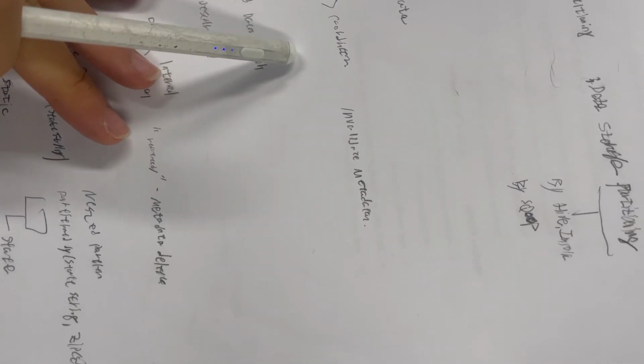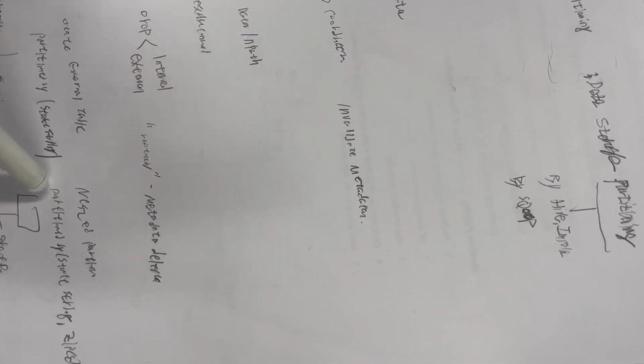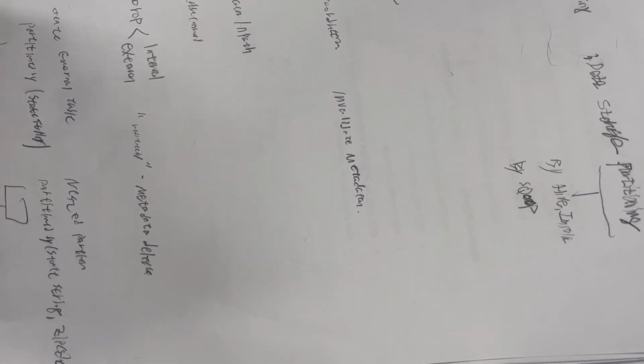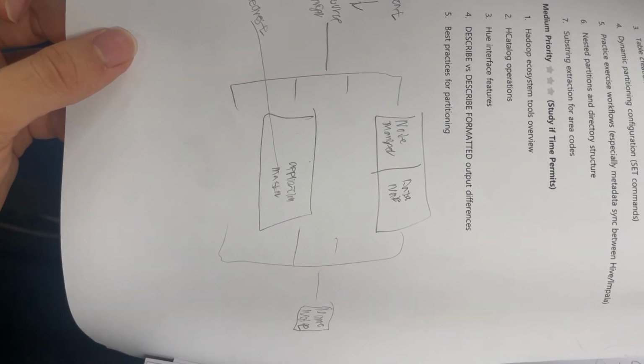First step is accessing, obviously. Next, partition by state string and zip code. First partition by state, and then sub-partition by zip code. This is how the resource manager, name node and HDFS work together. As you see here, when you partition the tables,